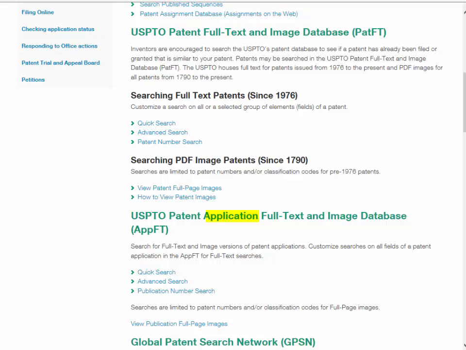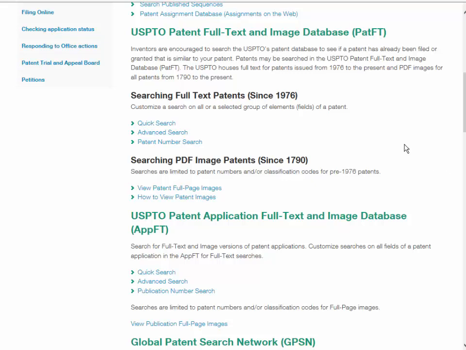The Application Image Database contains only patents that were applied for. Maybe they were granted, maybe they weren't. The use for App-FT is that they can be used to show prior art. Now we're going to spend most of our time taking a look at PAT-FT, but a lot of the techniques we're using in PAT-FT will also work for you in App-FT.